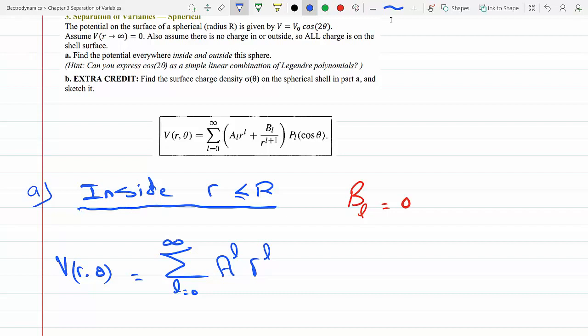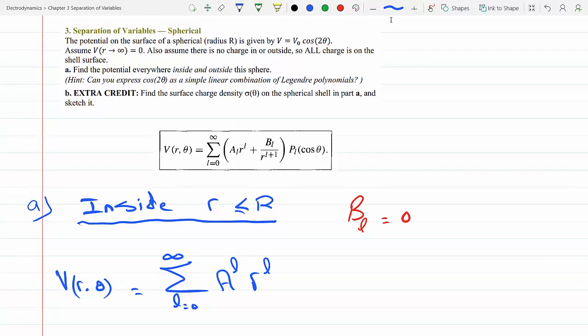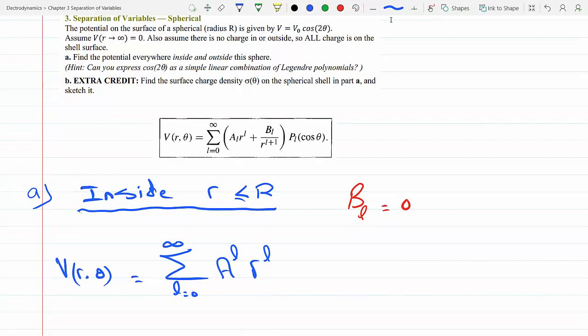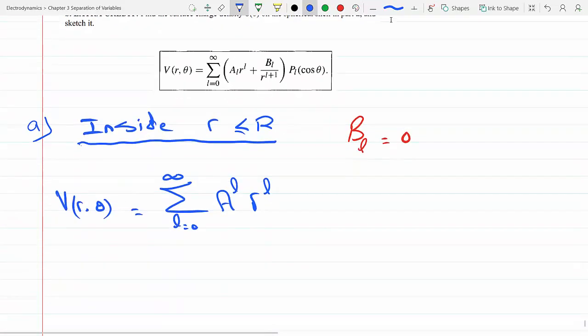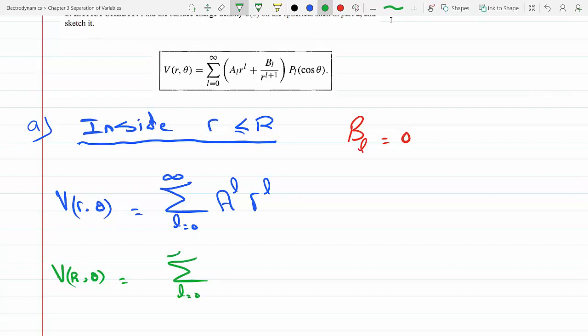Okay. Now let me use the boundary condition, the fact that at the surface my potential is V0 cosine 2 theta. So that means V(R, theta), where I would replace small r with capital R, from L equals 0 to infinity. So the objective here is to find the coefficients AL, okay? AL, R^L,